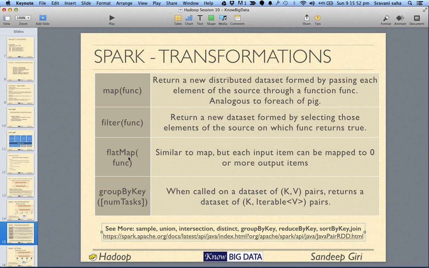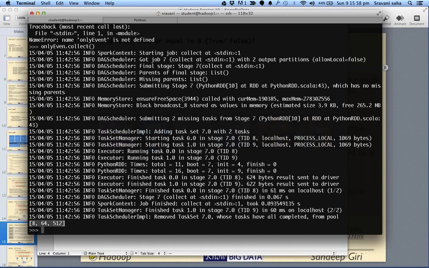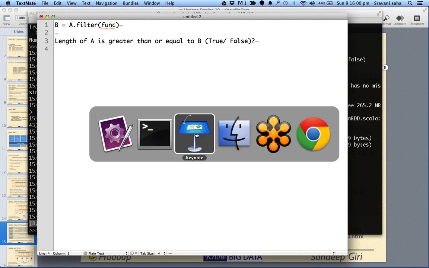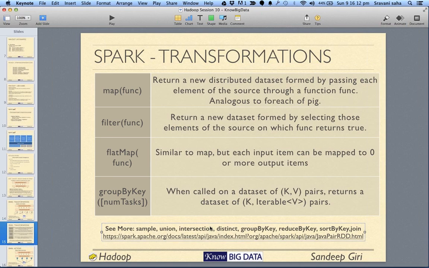So that is filter. Next is flat map. Flat map does nothing but take the function and apply it to each element, and each element can generate as many outputs as it wants.